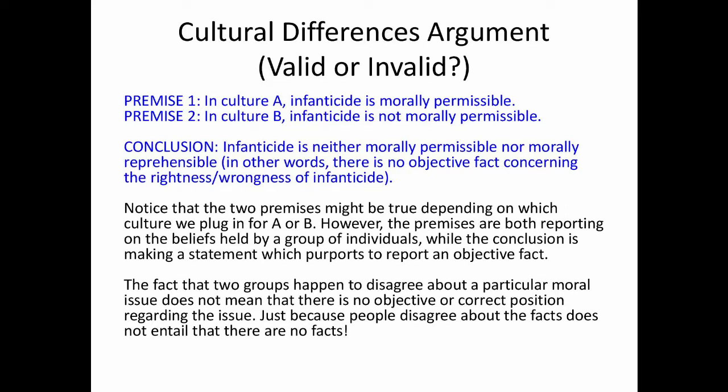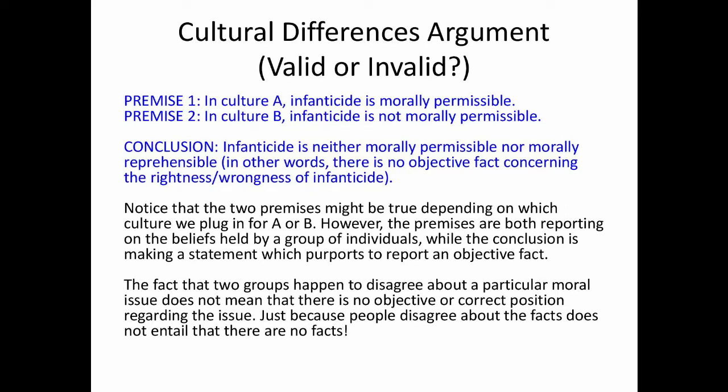Okay, so we've talked about the cultural differences argument. Now let's move on to the provability argument, and I will show you how it is not sound. In the course of the cultural differences argument, we were able to show how it's not valid. When it comes to the provability argument, we'll be looking at soundness. When we're looking at arguments, we want to know two things: is it valid, and is it sound? Those are the two questions we want to ask. I still haven't explained soundness, but we'll get to that once we get through the provability argument.